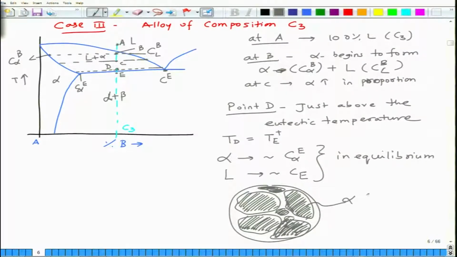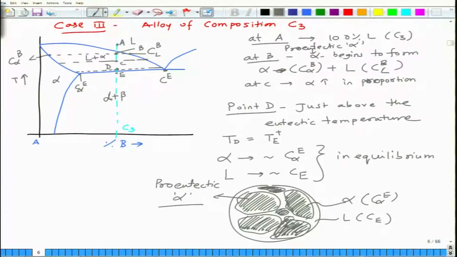So this is alpha of composition C alpha E, and very little liquid is left of composition CE just above the eutectic temperature. So you can determine the phase fraction of this, and this alpha is called pro-eutectic alpha, or primary alpha. Now when you reach point E,